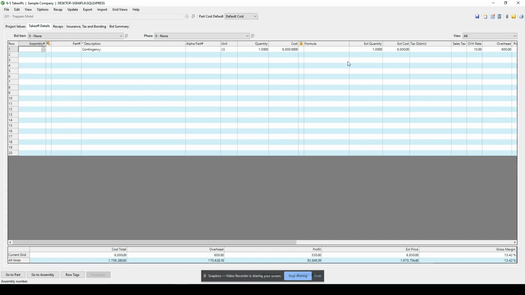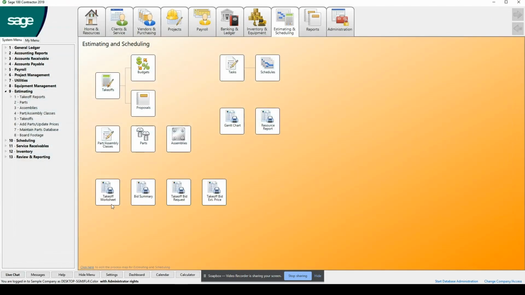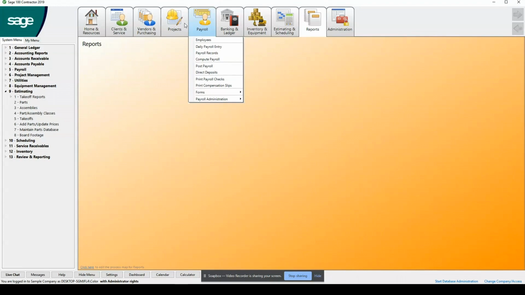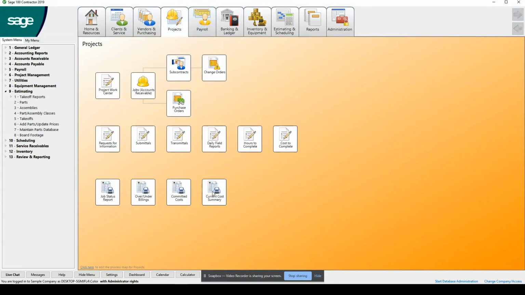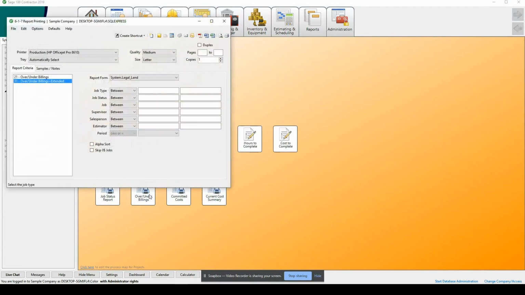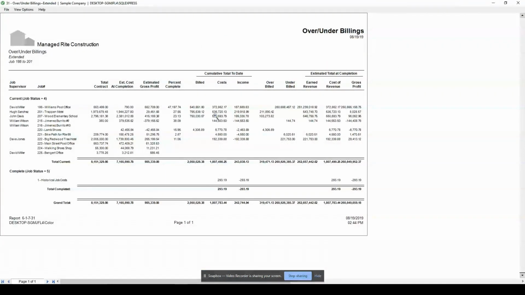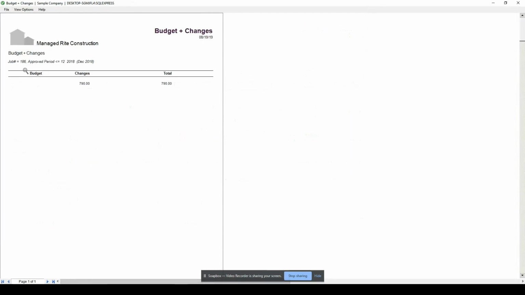because if we don't, it's going to affect other reporting in the system, such as if I'm looking at some particular takeoff reports. So what budgeting really affects: if I were to go in and look at my project management reports, and I wanted to look at the over and under billing summary, my WIP report, I'm going to put in one job that does not have a budget, and the job that actually has a budget. So if I do this, notice here at job 186, all I have is an estimated cost amount. I drill down, I have no budget.